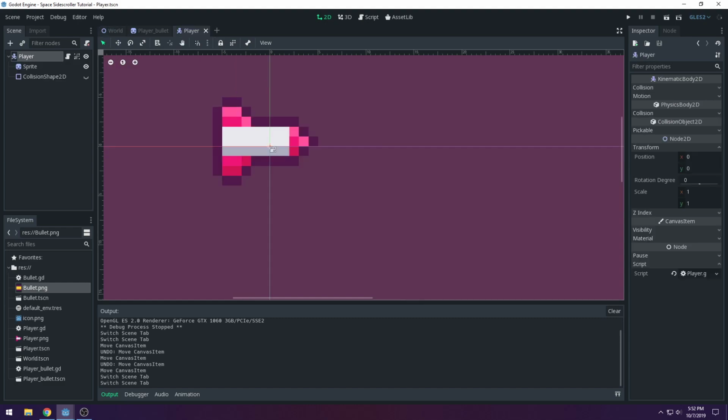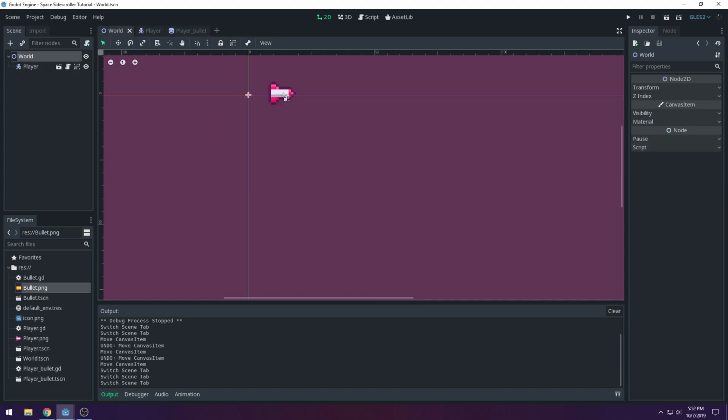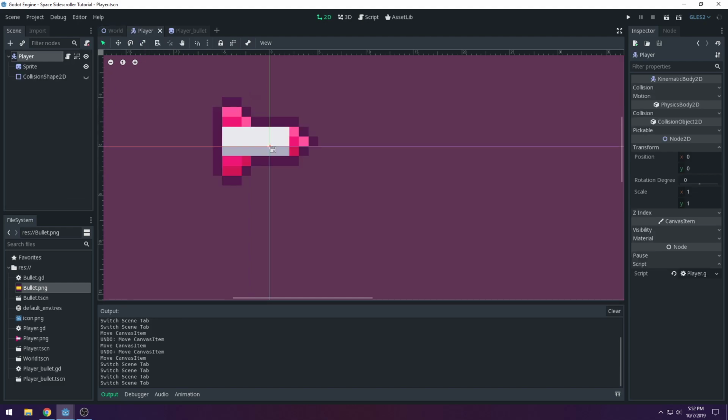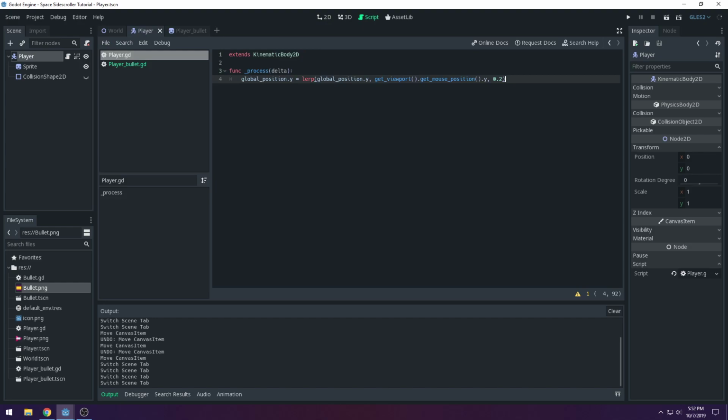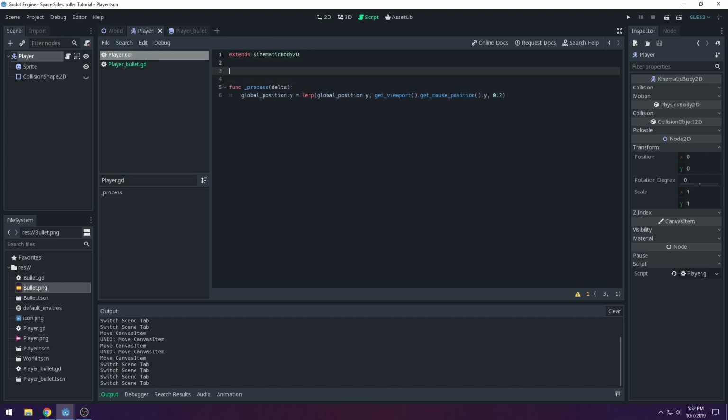So what we're going to want to do is create our bullet in the world and not in our player. And so to do that, we are going to use a signal. So I'm going to create 2 extra lines up here. I'm going to do signal create_bullet, and then I'm going to do a parentheses, and I'm going to pass some